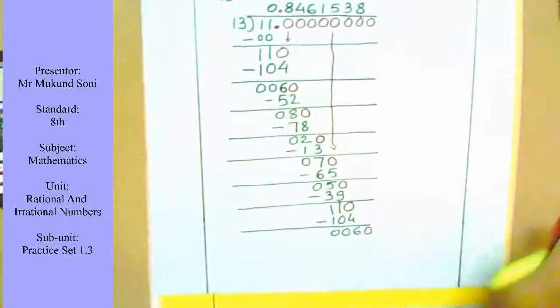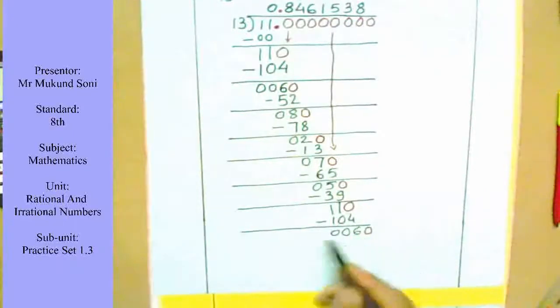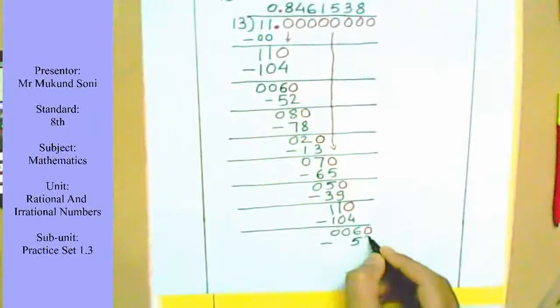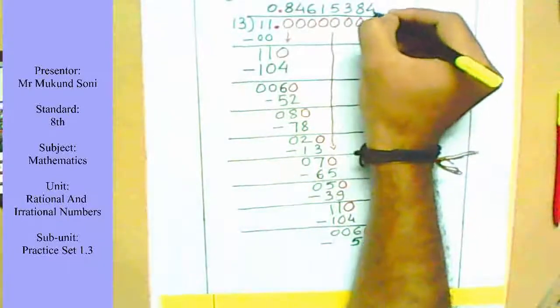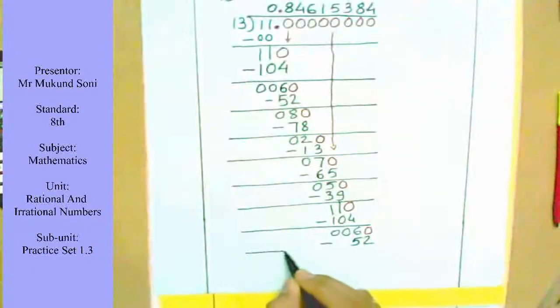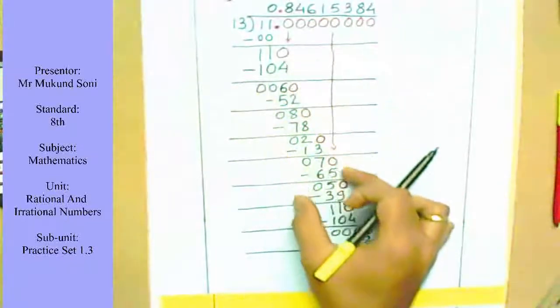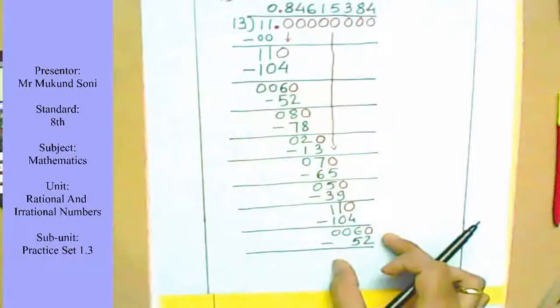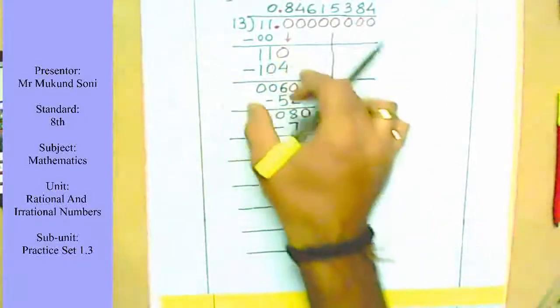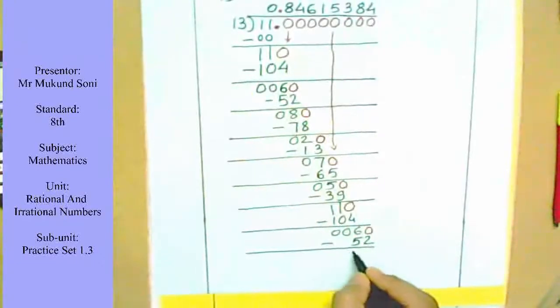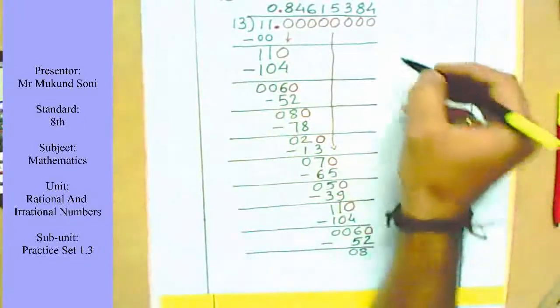Then put another 0. This is the second time we are doing it and we are getting the same remainder even after that. 4s are 52. Now do you see, students, the answer goes in a diagonal direction, in an inclined direction. So while you solve it, it should go like this. Okay? And your remainder is 8 same as earlier.